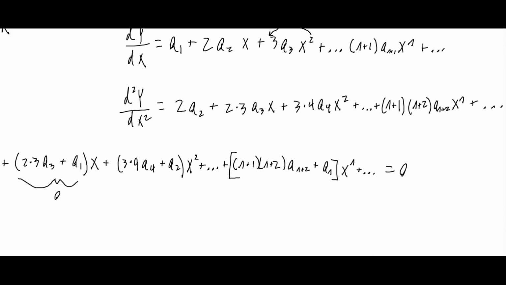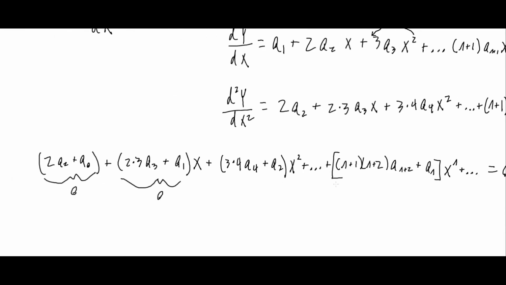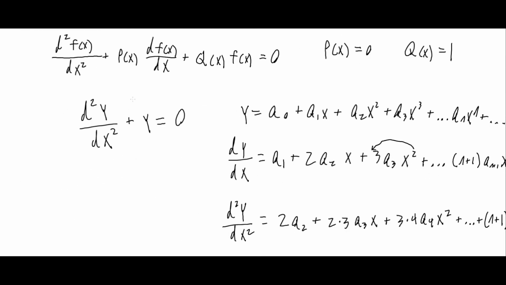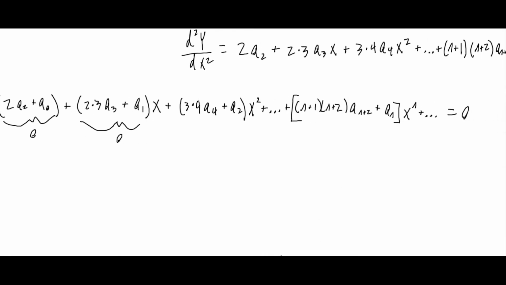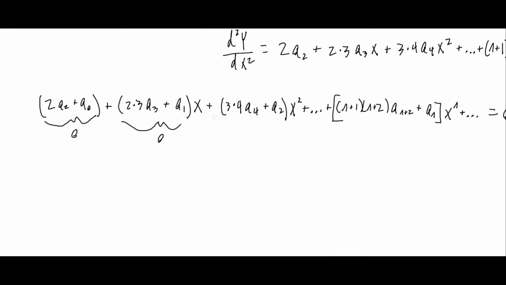Because this is our differential equation here. This is this right here. We're just adding them up term by term. And so that has to be equal to 0. And it has to be true at any x, and so x can't be 0 on any of these, so these coefficients must be equal to 0. And so if we have that, then we have